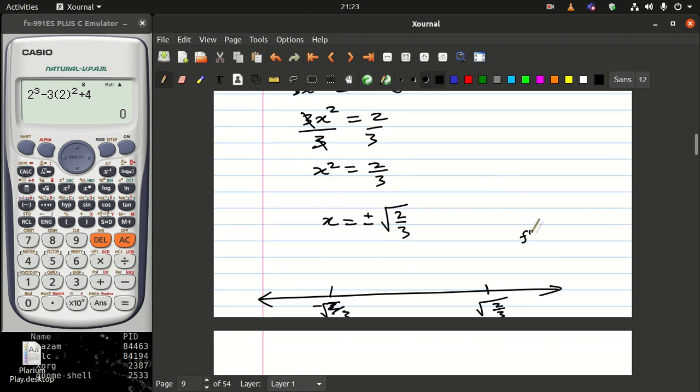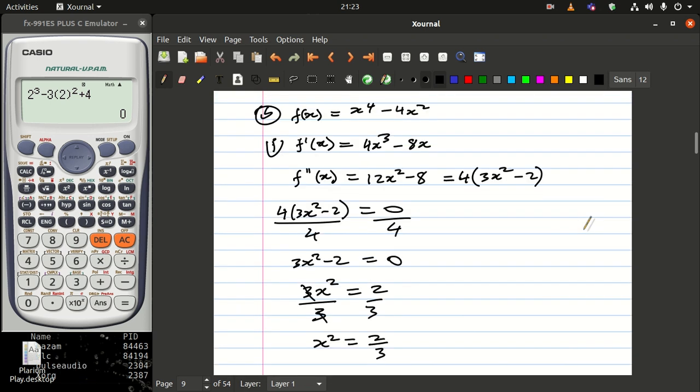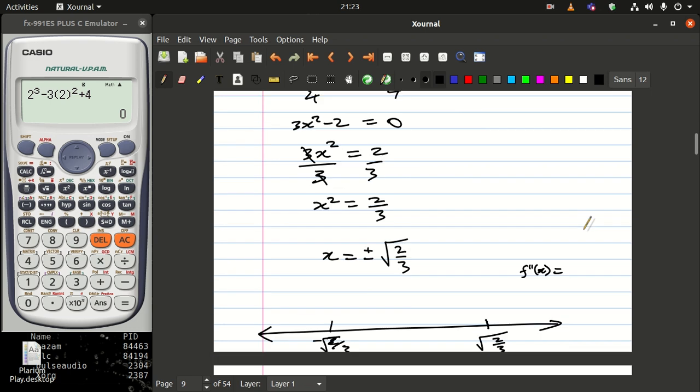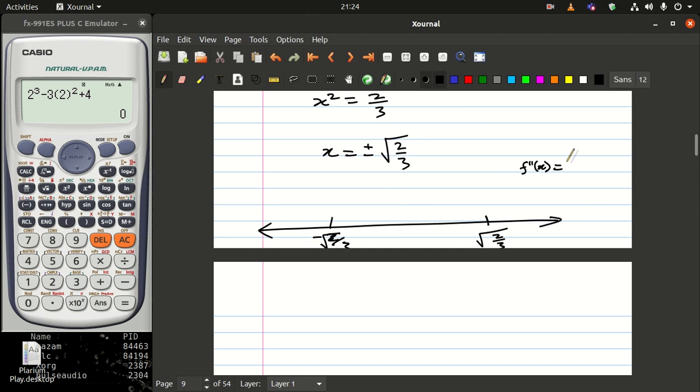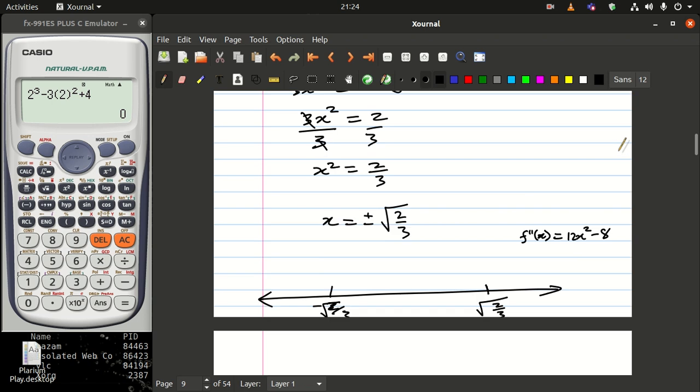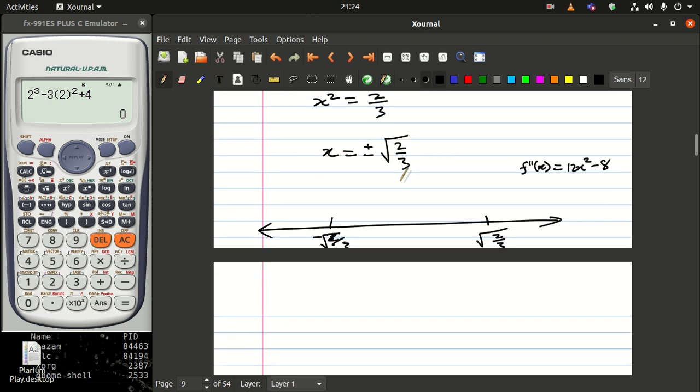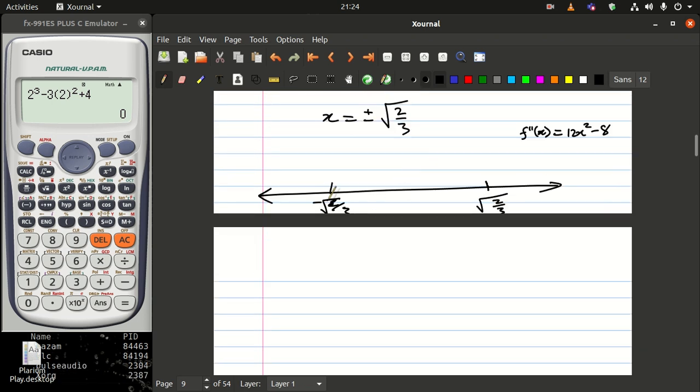that the second derivative with respect to x was equal to 12x squared minus 8. I think that was the original. And then I want a number that is less than this. Most of the time you don't have a calculator, so to get a number that is less than this, I know for a fact that minus 10 is less than this number, and the number in between a negative and a positive I know is going to be 0,